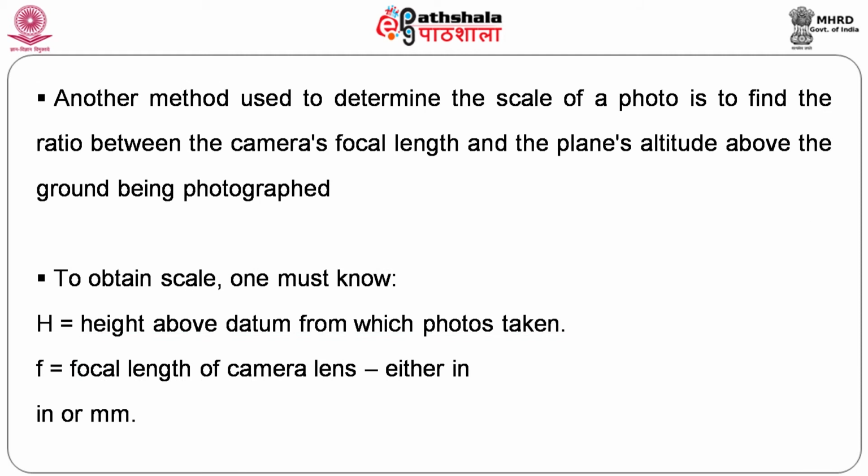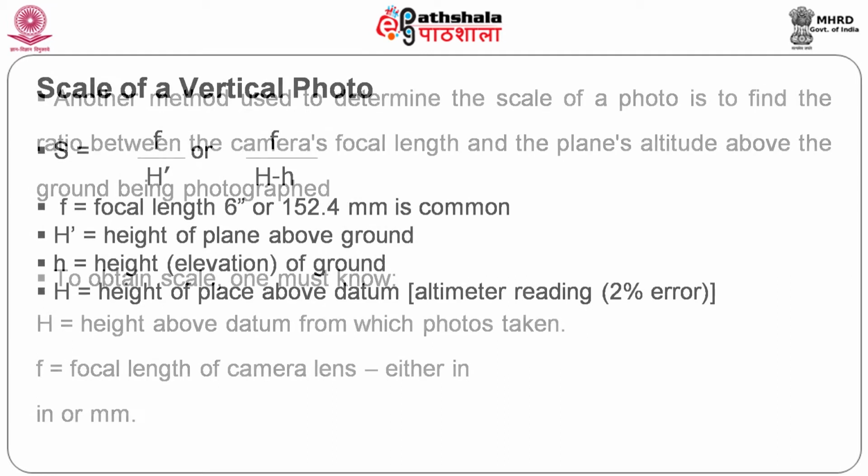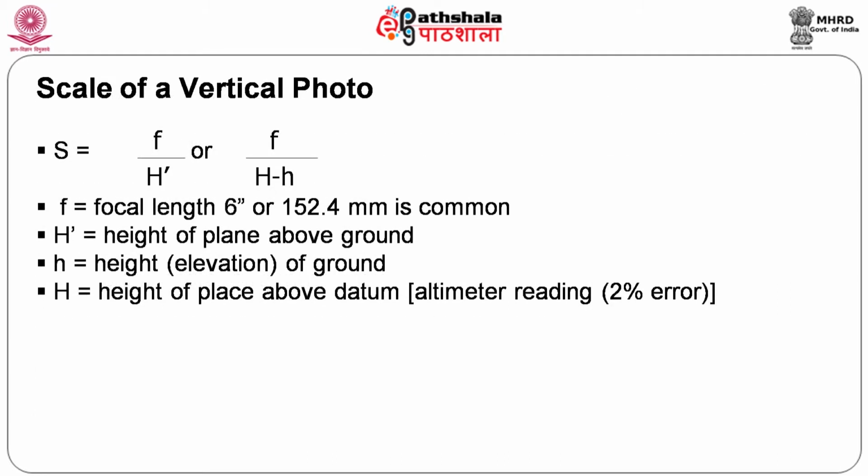I told you earlier, the focal length divided by H, that is f by H, is the scale of an aerial photograph. Invariably it is f by H, and very importantly you should remember that not all objects are of the same height, isn't it? You can never find all the objects on the earth's surface of the same height, they are all different heights. Obviously, when I am looking at the road and a tall building, the scale will vary.